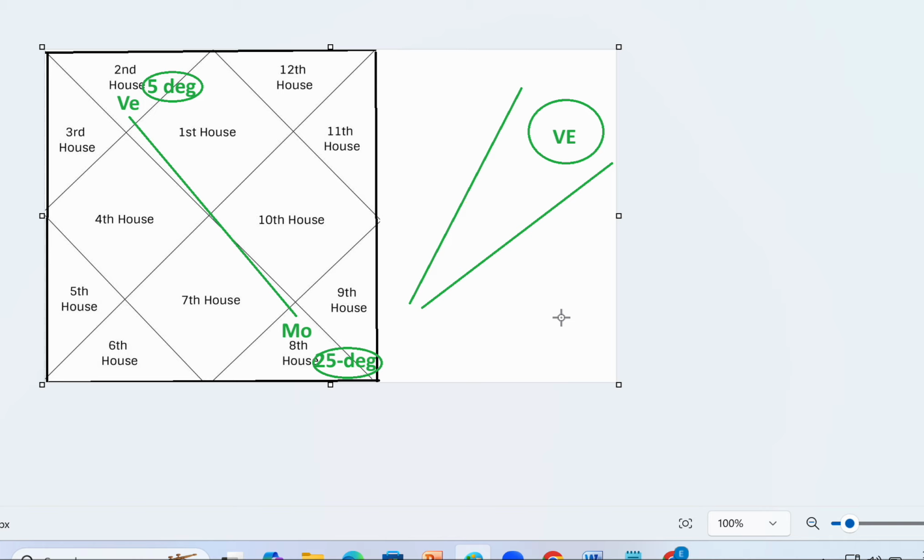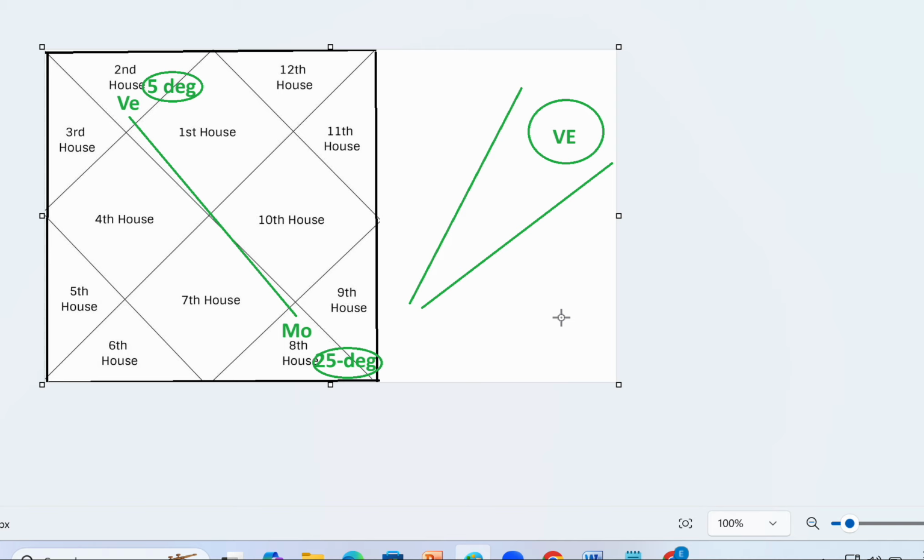An exalted planet doesn't mean he will become a millionaire. Definitely he'll be better than the others. But he will not become an Ambani, because Venus is exalted at 27 degrees. You have to be near 27. If you are at some 16 degrees or 10 degrees, its exaltation strength is not that high. It is as good as its own Rashi. That's it. So the Drishti also will not work unless you are inside the 5-degree orb. It's called orb.